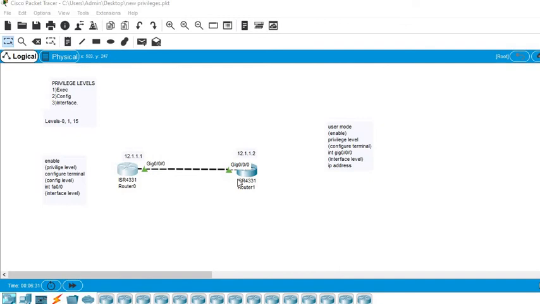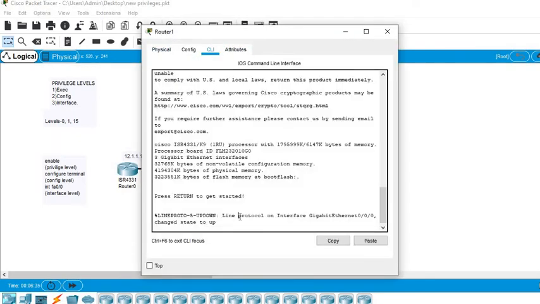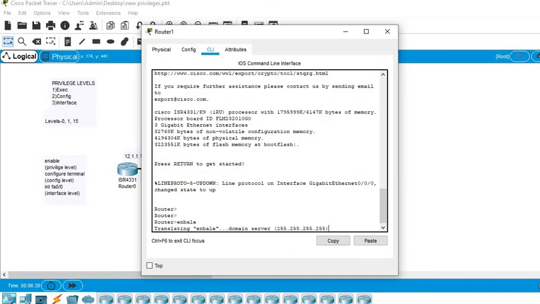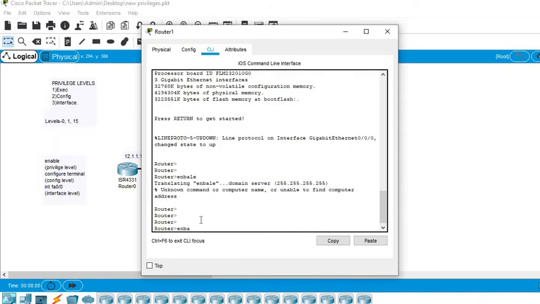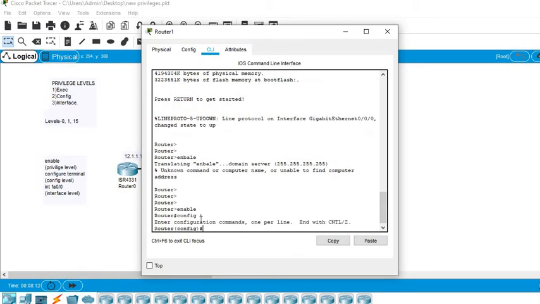Now when you enter this router and use telnet, just look into it. Enable, then configure terminal.